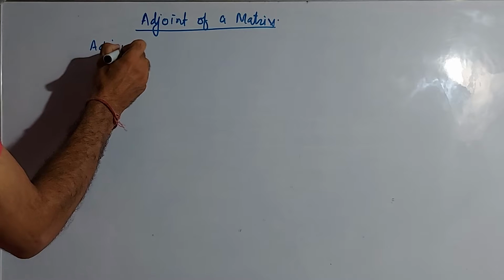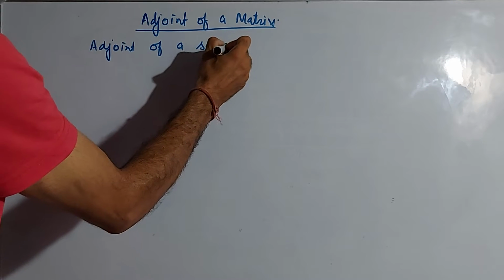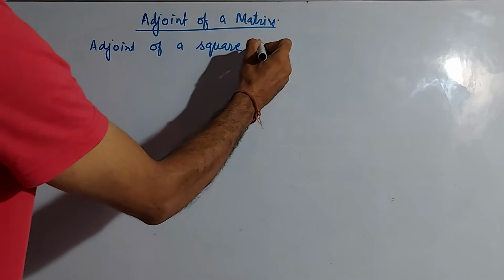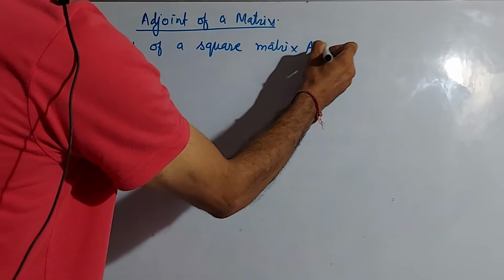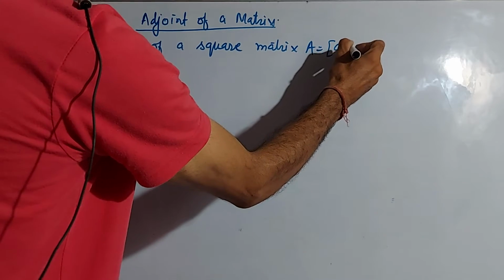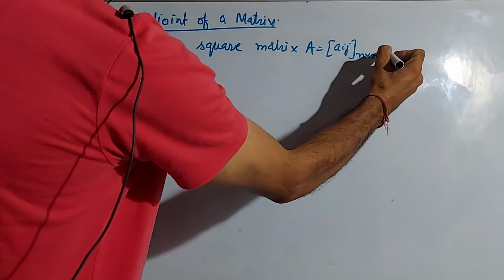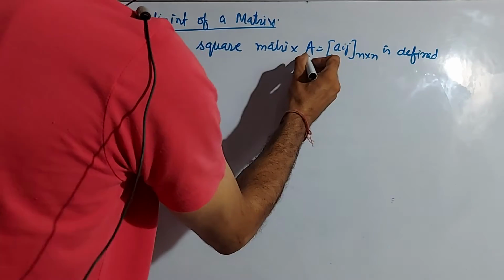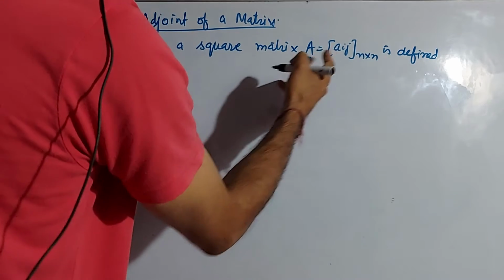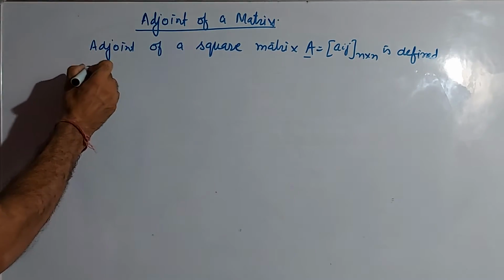Adjoint of a square matrix. Matrix should be square. A is equal to [Aij], where Aij is a general element of order n. A is a matrix whose elements are Aij and order is n by n. It is defined as